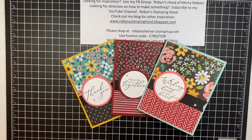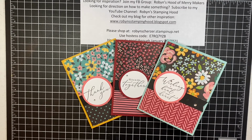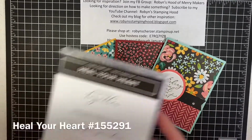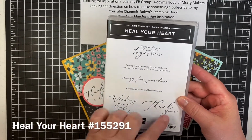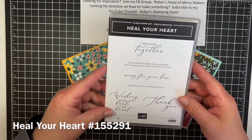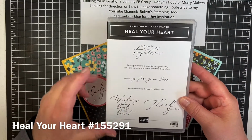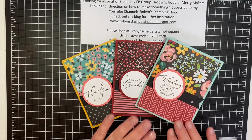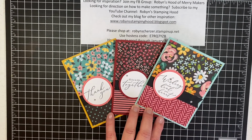Hi everybody, it's Robin with Robin Stampin' Hood, and I just wanted to show you today some really simple, easy cards that I made in no time at all with some of the 2021 celebration items. So this is the stamp set Heal Your Heart, and you can see it's got three great outside sayings, I guess you'd say, and then on the inside it matches what you would put on the outside. And one of my favorite papers that is in celebration this year,